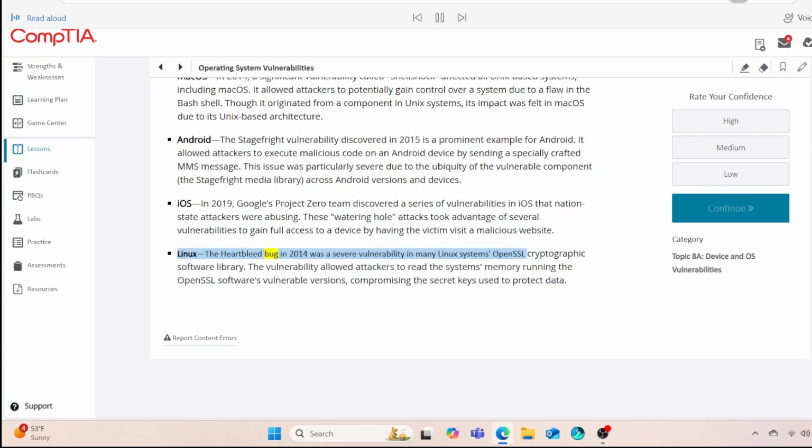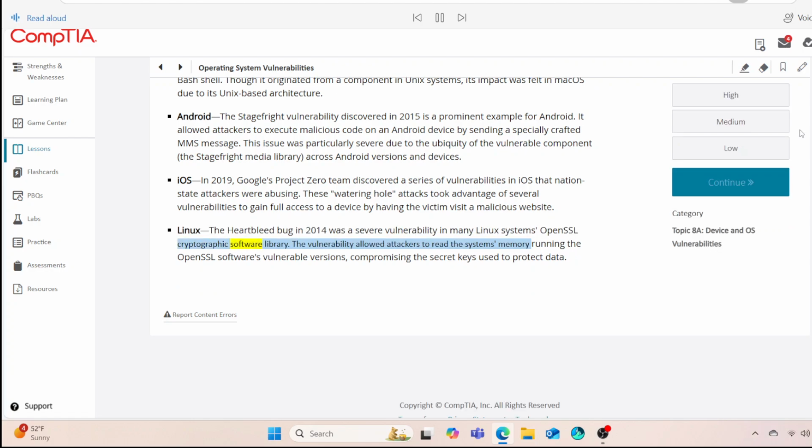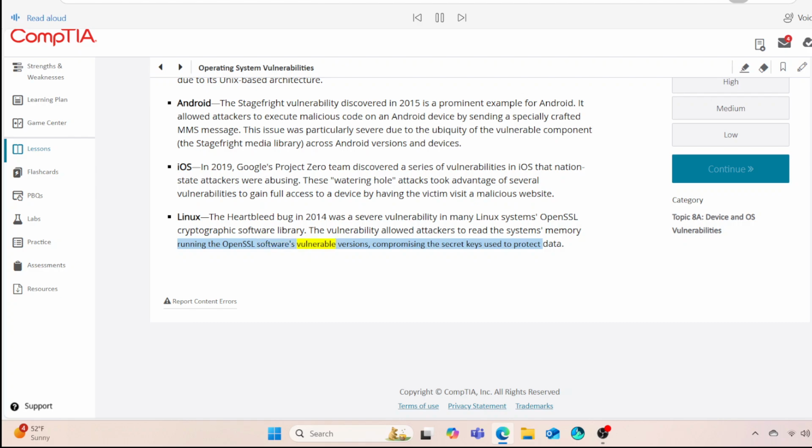Linux. The Heartbleed bug in 2014 was a severe vulnerability in many Linux systems' OpenSSL cryptographic software library. The vulnerability allowed attackers to read the system's memory running the OpenSSL software's vulnerable versions, compromising the secret keys used